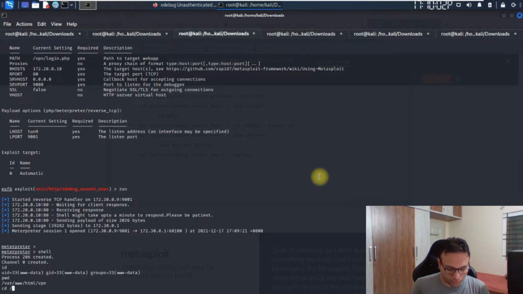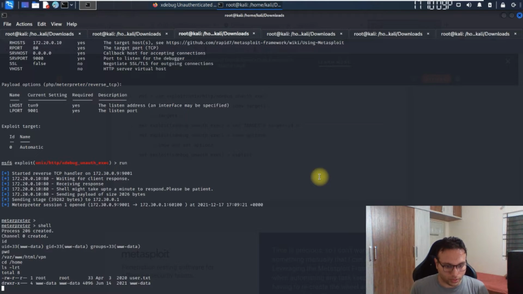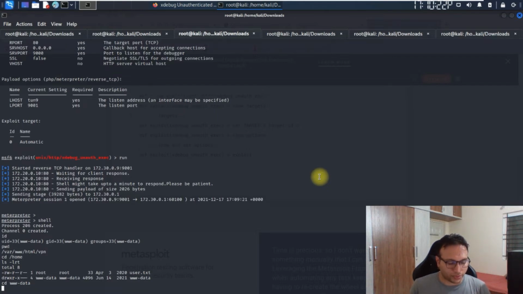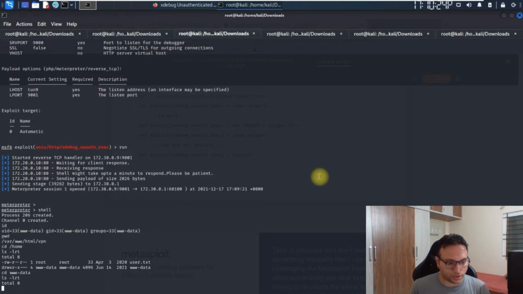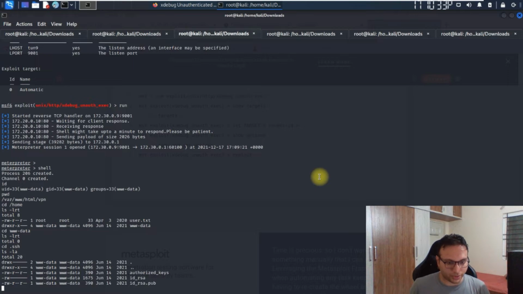Okay, so what exactly do we have to do now? We simply have to go to the /home folder. Okay, so we can see over here also, if you want to access the user.txt, we can get access, but I'll have to go inside by another way. So it's better for us to have an appropriate shell. Let me go inside of it and see if anything is visible. No, it's not. Okay, .ssh. Let me try to access this, and yeah, I am able to access it now.